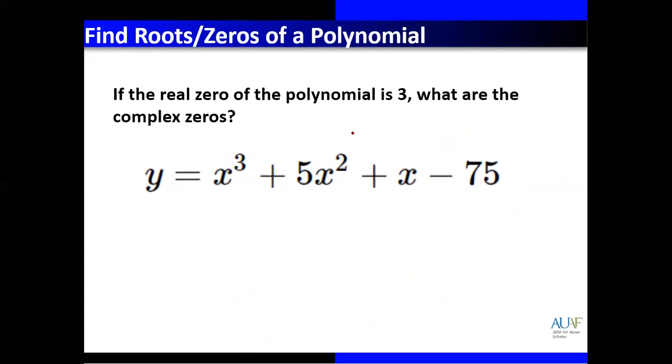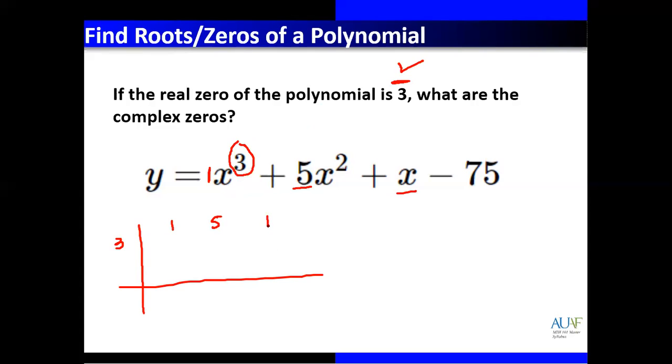Okay. So again, the equation is given. One root is also given. One root is 3. So you need to find two more numbers, two more zeros, because the highest power is 3. One is given, so two roots are not given. You need to find them. So again, we have 3 here. Write down 3. And what is the coefficient of x cube? The coefficient of x cube is 1. What is the coefficient of x square? It is 5. What about the coefficient of x? It is 1. And the last one is 75.